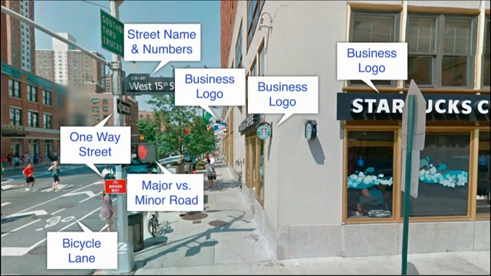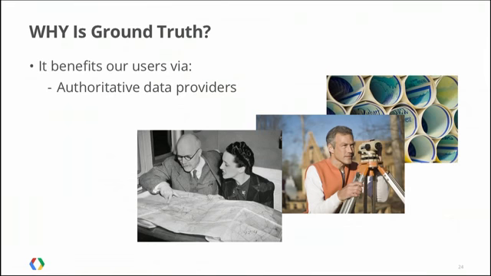And of course, we have Street View as well. From Street View, we get a tremendous amount of mapping information. We can see one-way streets, we can see bicycle lanes, types of roadways, you can confirm street names, you can confirm address numbers, you can even extract business logos. And as we'll get to a little later, we can do a lot of this autonomously. We can actually automatically recognize numbers in Street View imagery and run some algorithms on them, and out the other end pop millions of addresses that we've actually created in Google Maps purely from Street View imagery and computer vision algorithms.